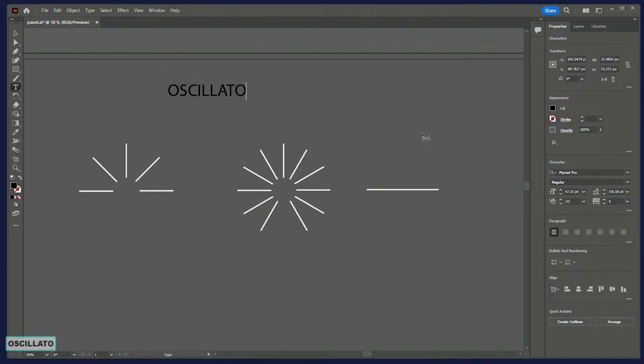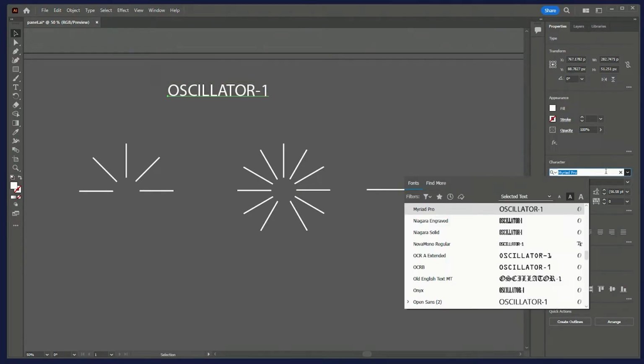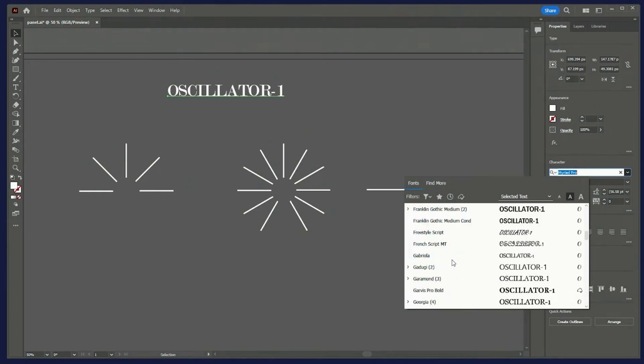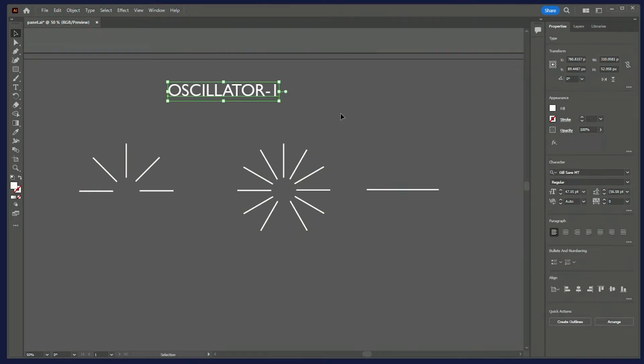Enter the label text. This font looks good.